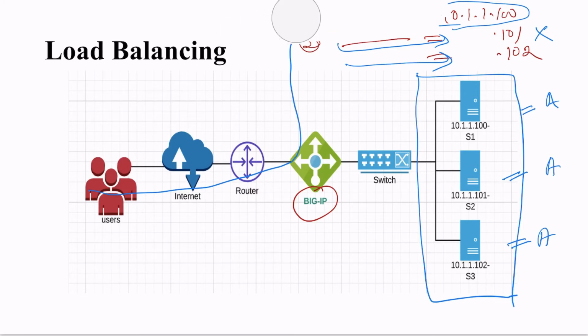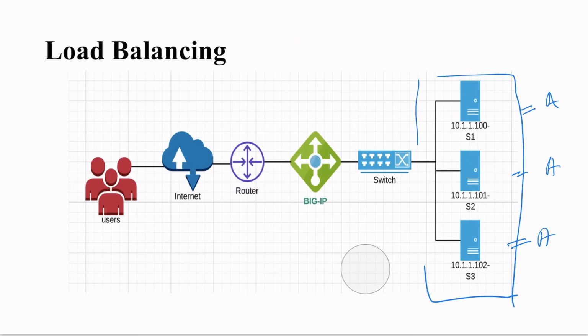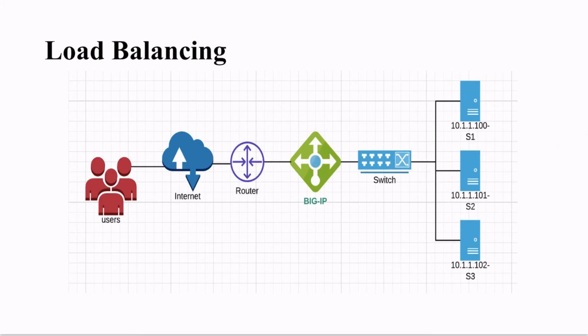So I was saying that this DNS mechanism is not very effective. So we use this BIG-IP appliance. What it does, first of all, is a round robin method of distribution. Other thing is that if this server is down, it will monitor it. This BIG-IP will come to know that S1 is down, so it will not use this pool member. It will use S2 and S3.